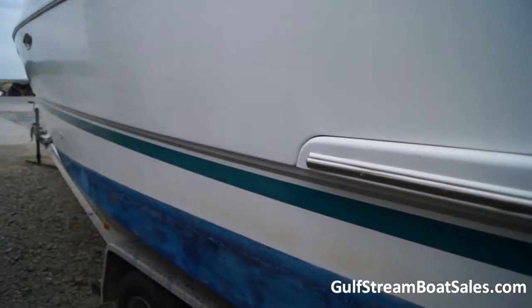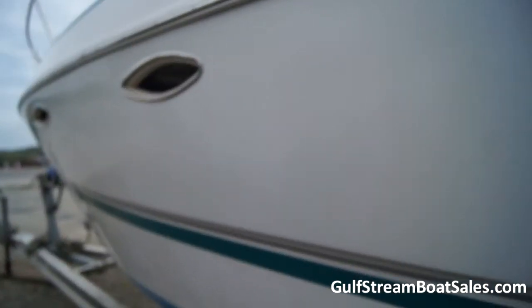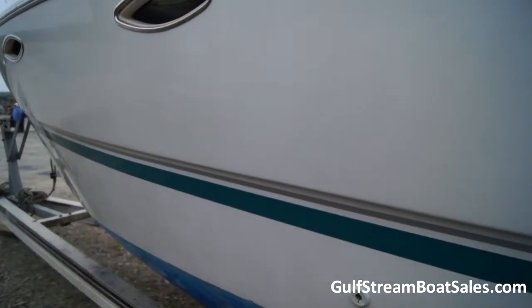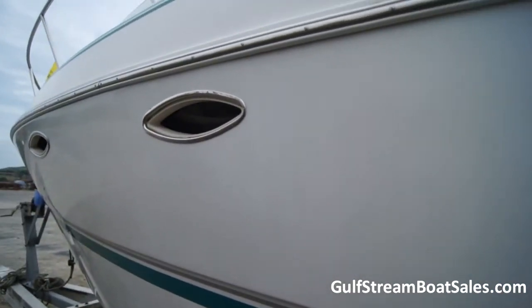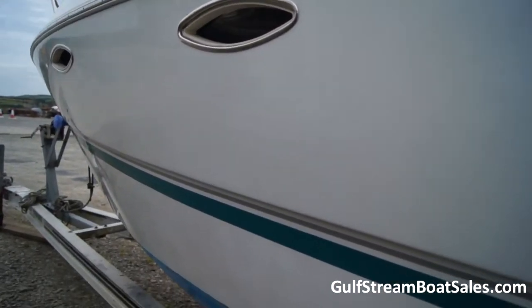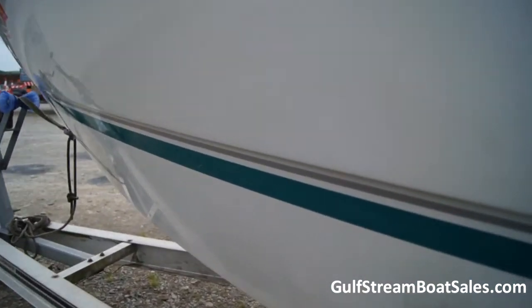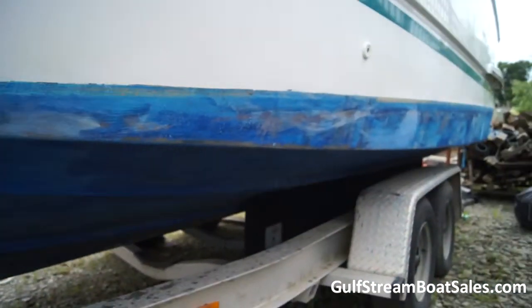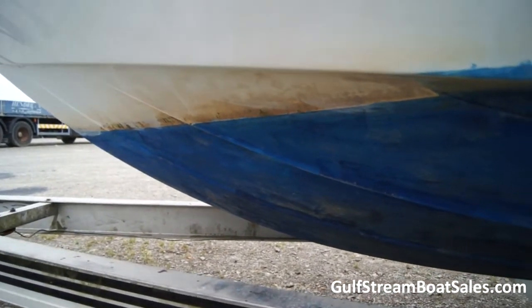So the exterior of the hull is in good condition, apart from a few minor scuffs and scrapes and chips in the gel coat. I can't find any evidence of any previous damage. The hull itself is slightly faded, but I can tell that with a good compound polish it will really come back up to a good shine. And one of the benefits of the American gel coats is that they're very durable, and they respond really well to a deep compound. The boat has been anti-fouled before, a blue colour. It's probably due for just refreshing and maybe cleaning the waterline, but apart from that,